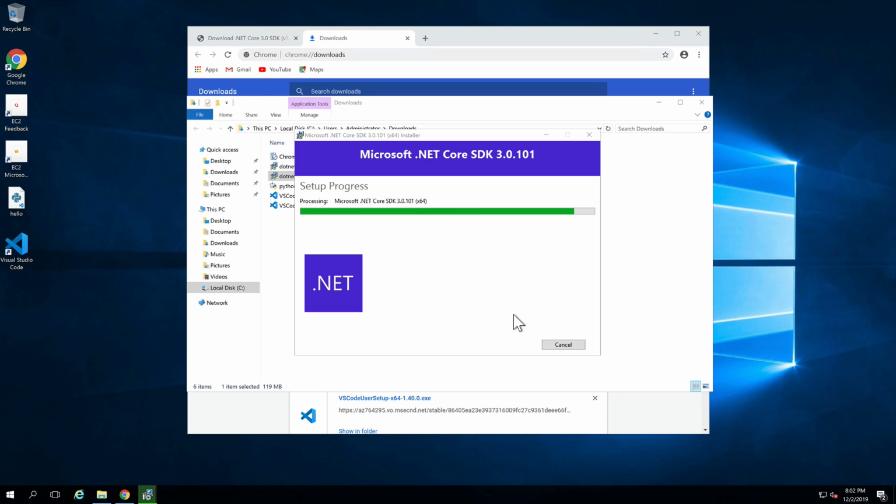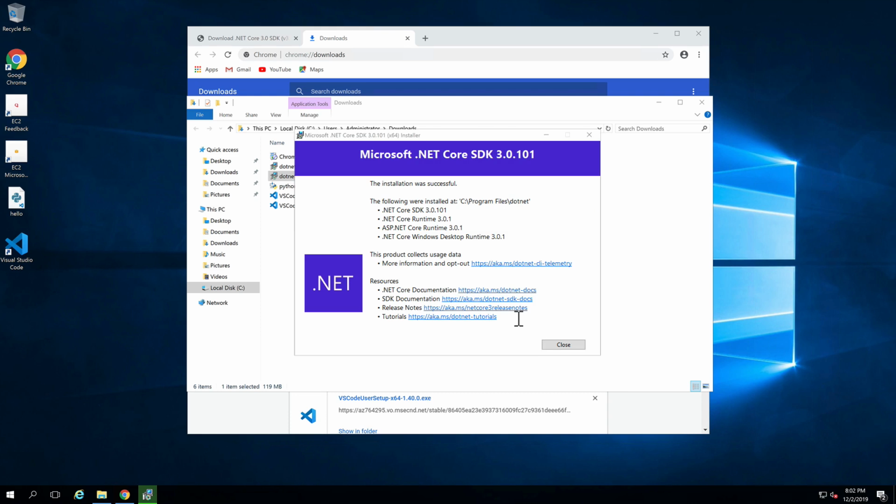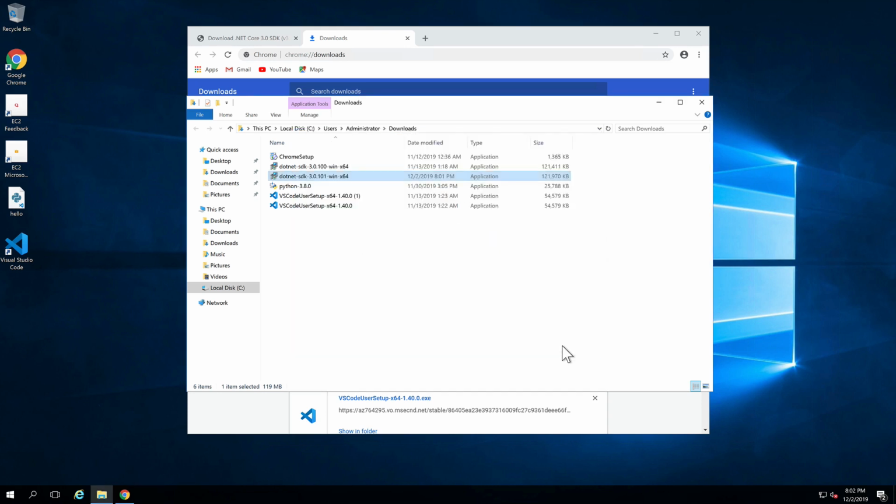And it's just about finished. And once we finish it, then I'll show you how to open it up and verify what version you have installed, and we'll write a simple hello world program, which is usually the first step in any language. So here we go. It's done, and I'm going to go ahead and restart this machine